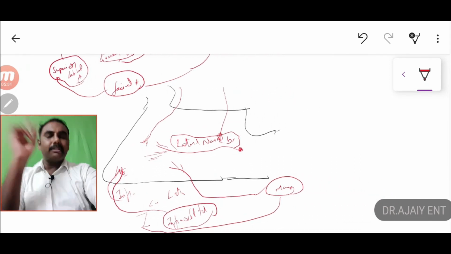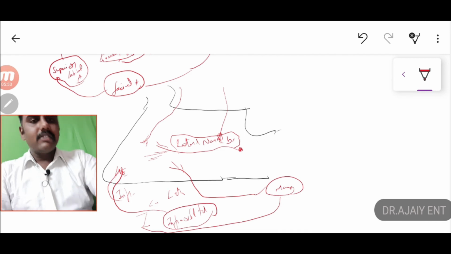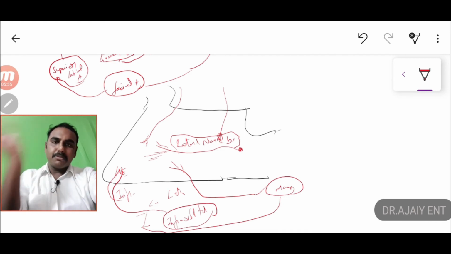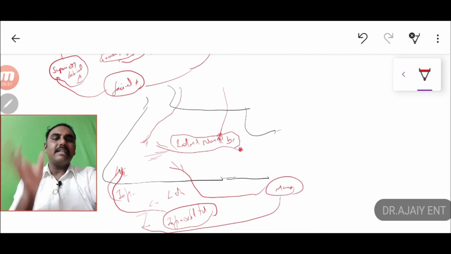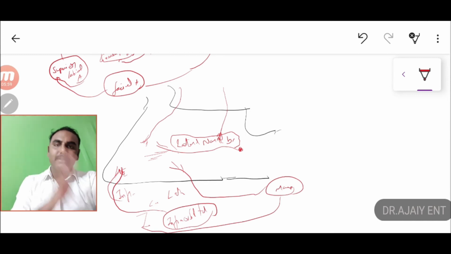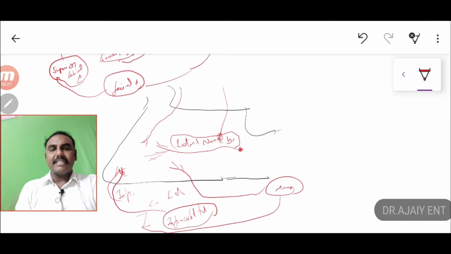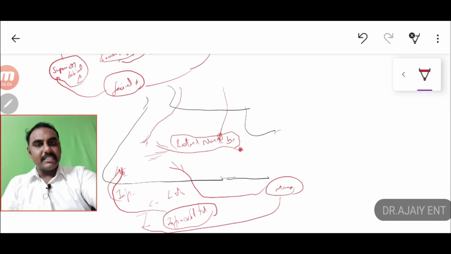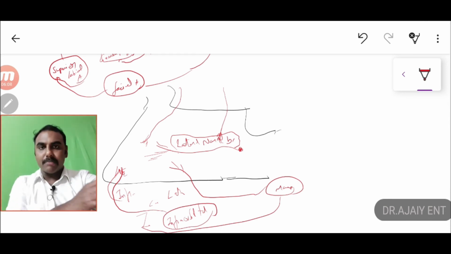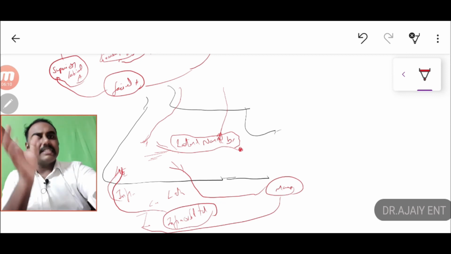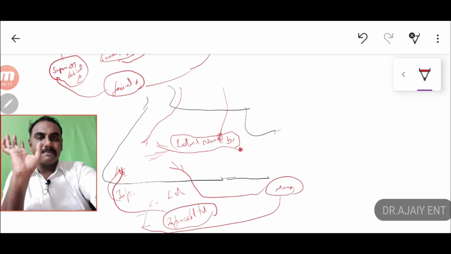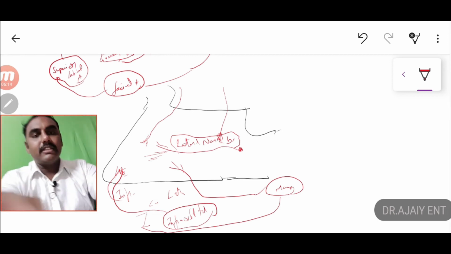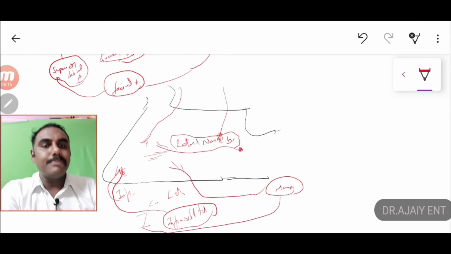Not much important. The septum is very important here, but the blood supply appears to be the same. Again from the internal carotid artery: anterior ethmoid, posterior ethmoid. From the external carotid artery, the maxillary artery: sphenopalatine artery. That branch is called the lateral nasal branch of the sphenopalatine artery. Sphenopalatine artery is the artery of epistaxis. Clear? So coming on to the most important one now.